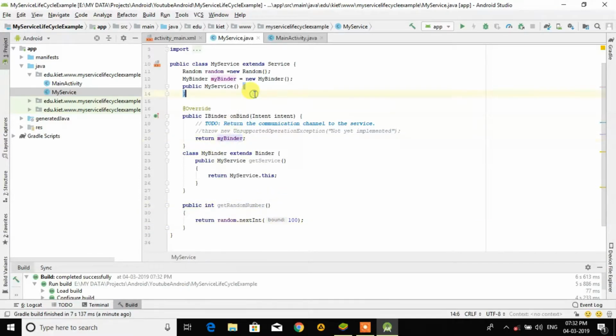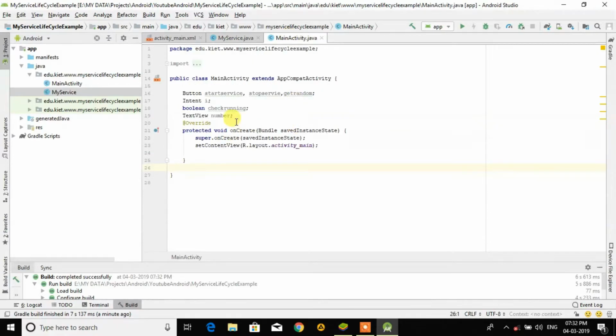This service is ready. Now what we have to do is link it with this activity. For linking, first of all we need to start the service.